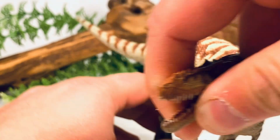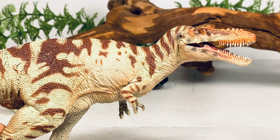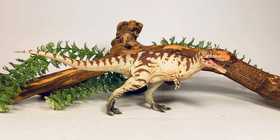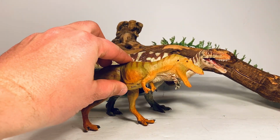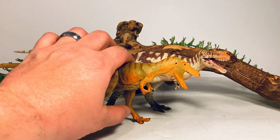I really, really am enjoying this figure much more than I thought I would when I first saw the promotional images. All right, let's move on with some comparisons. First up is the Safari Limited Qianzhousaurus, which came out earlier in 2020. You can see a huge difference between these two figures, namely that the Safari one has lips sculpted in, and